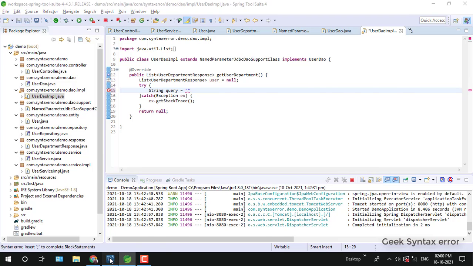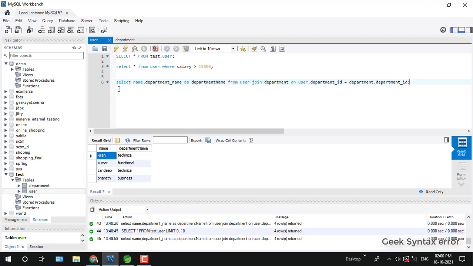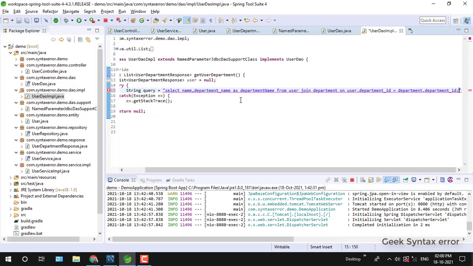Let's create a query. The query will be the query which we wrote using joins. This is the query. Just copy it there.